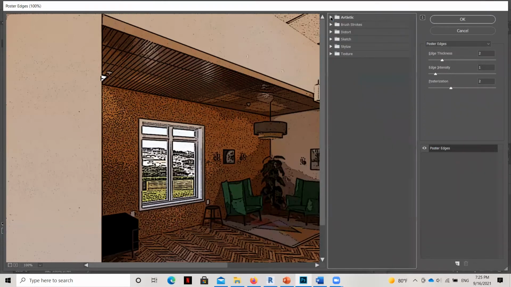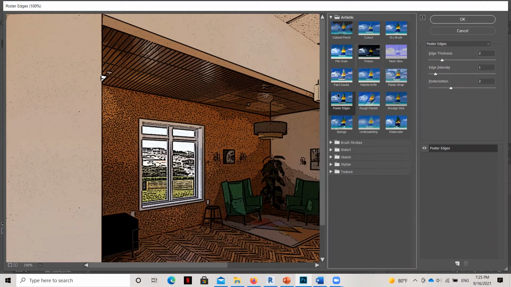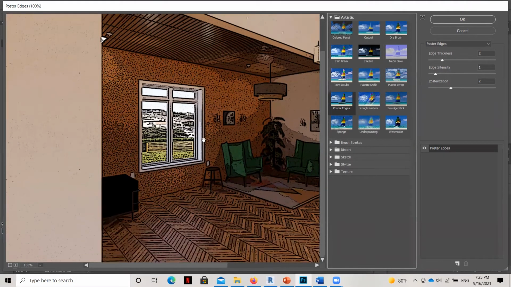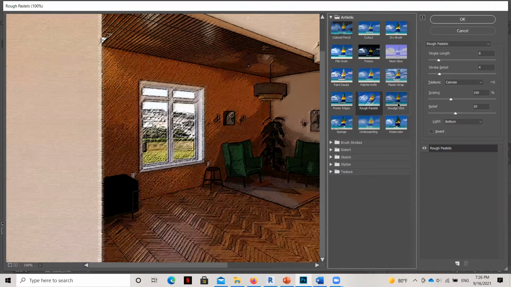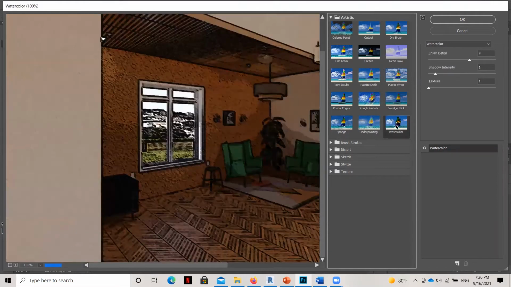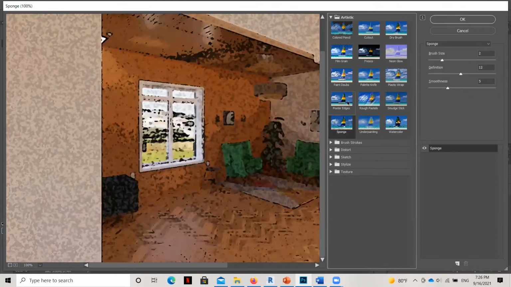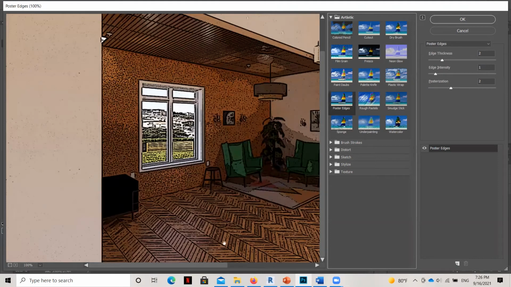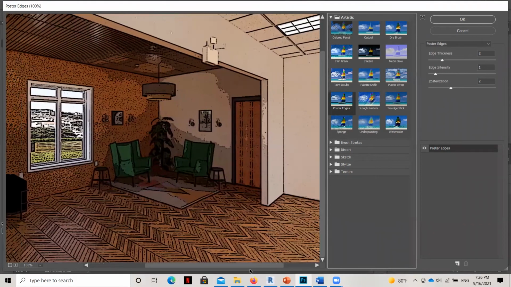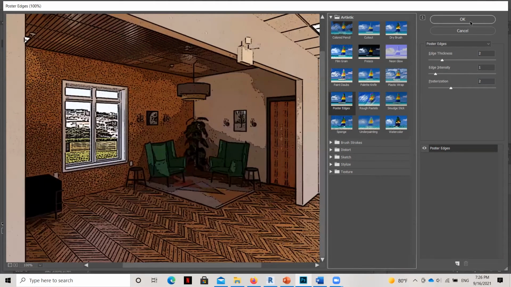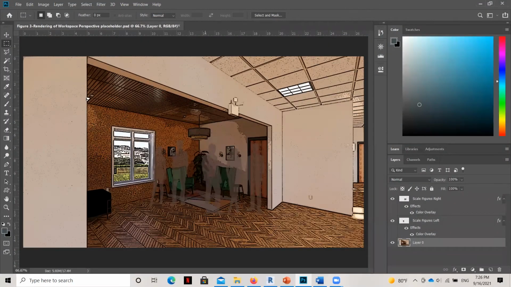Now, the thing about the filter gallery is that you have to have a color image for it to work. Now, there's a bunch of subfolders here that you can experiment with, but one that I like to use if I want my rendering to look a little bit more rough and sketchy is this poster edges finish. There's a bunch of other ones that can make it look more painterly, more like a watercolor, etc. And these are kind of neat to play with. But poster edges will give it almost like a comic book look to it, which can be kind of neat.